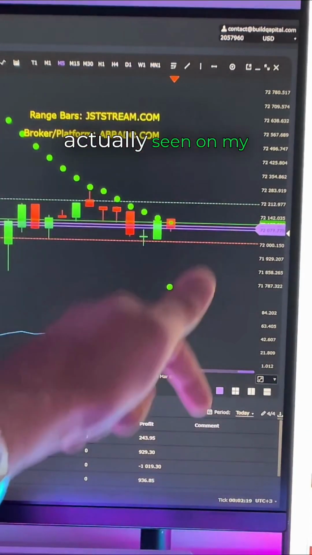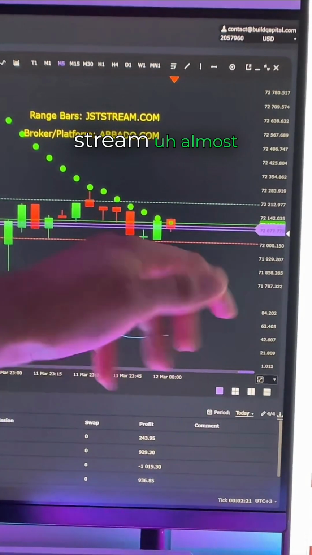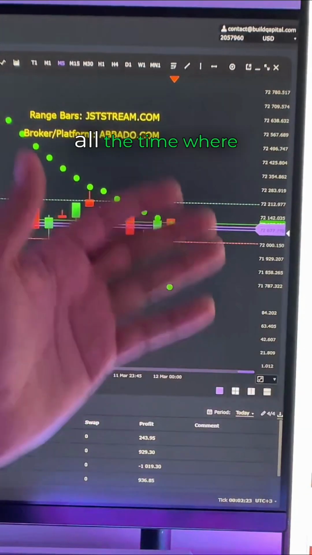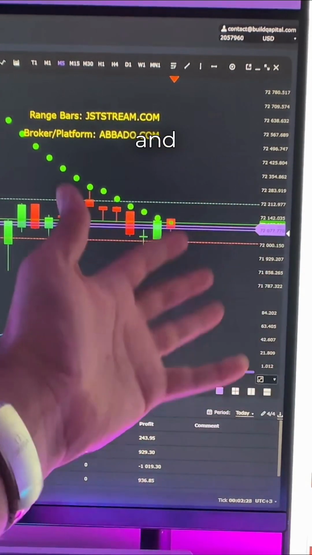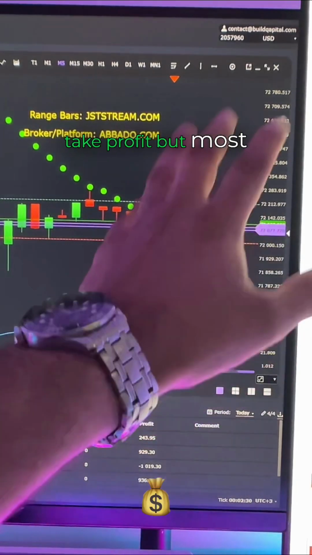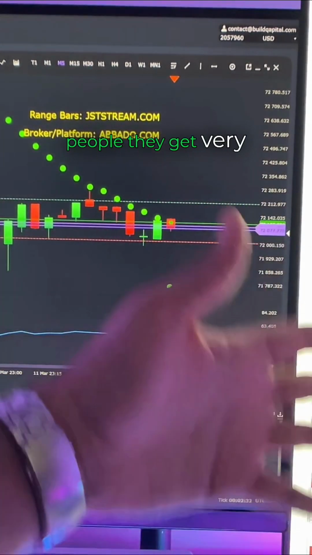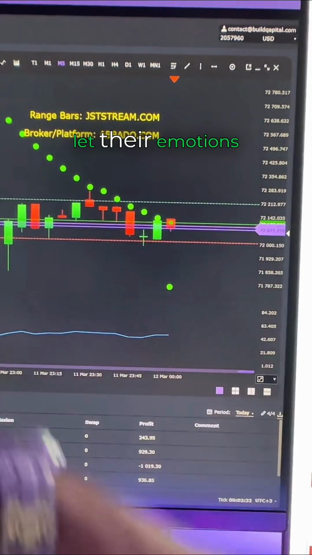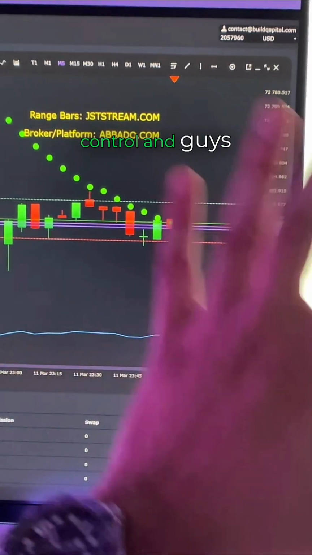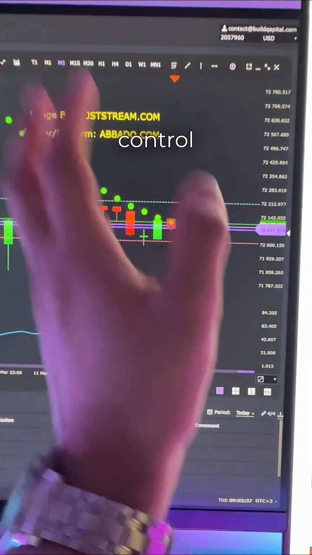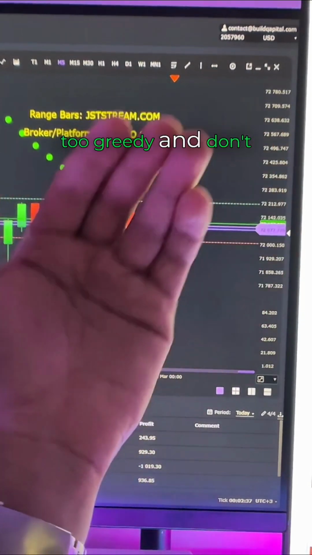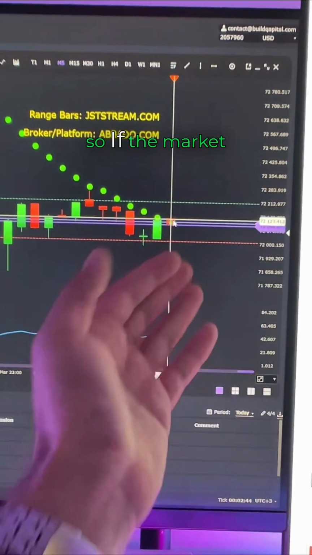And you guys have actually seen on my stream almost like all the time where it comes so close to our stop loss and then reverses and goes and hits our take profit. But most people, they get very afraid, and they let their emotions take control. And guys, when it comes to trading, that's one thing we always have to control: our emotions. Don't get too greedy and don't get too fearful, right? So if the market's